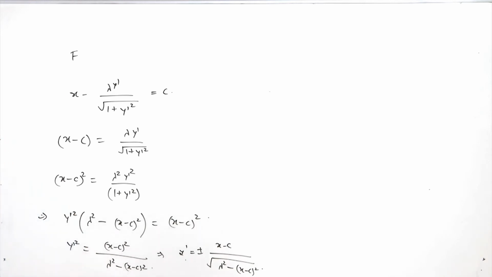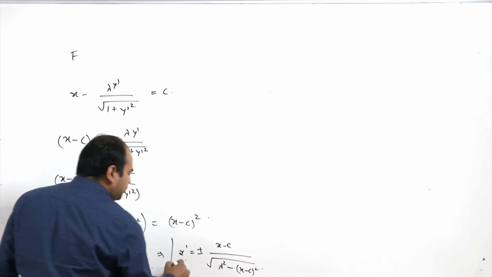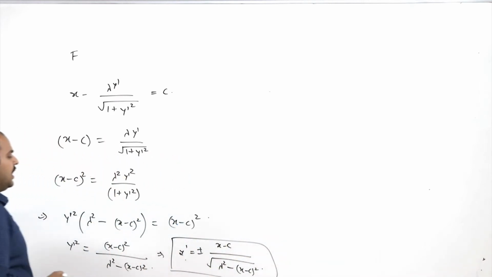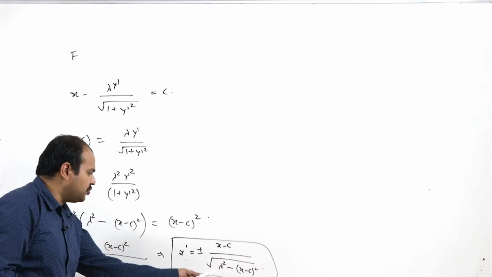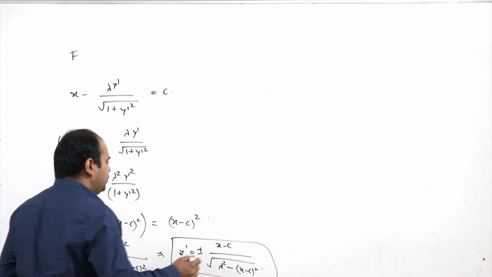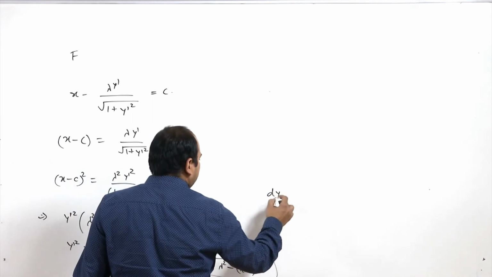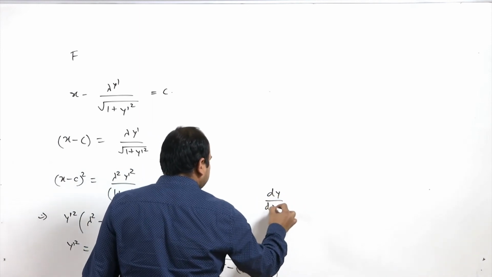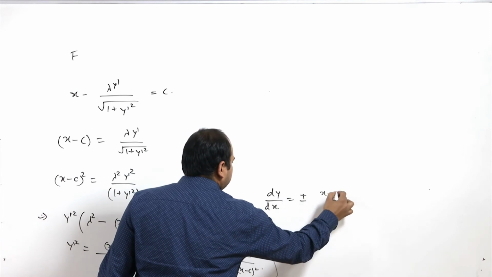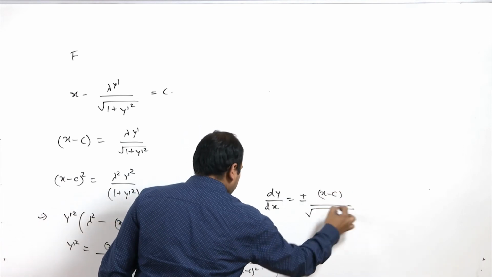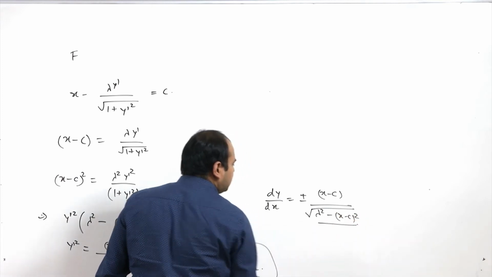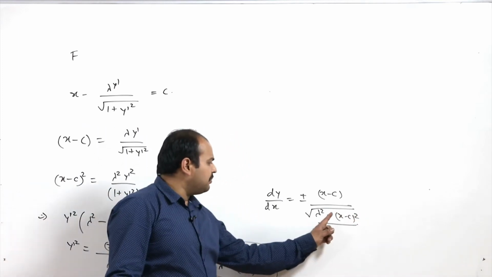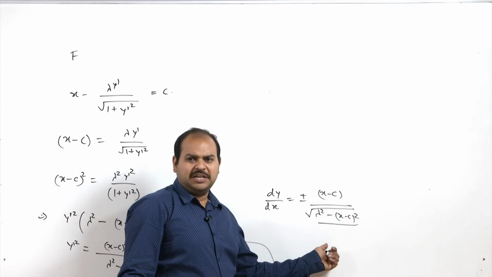So now we have y dash equal to (x minus c) upon under root of lambda square minus (x minus c) whole square, and this is quite easy to solve in terms of y dash. So dy upon dx is equal to plus minus (x minus c) divided by under root lambda square minus (x minus c) whole square. So if you assume this denominator term, lambda square minus (x minus c) whole square, as t square,